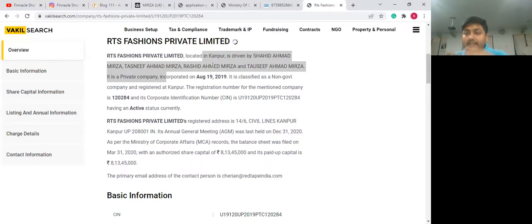But now we have thoroughly established that there's no other director and these directors are driving that business. Moreover, they seem to be indirectly holding Mirza UK through an Indian private company called RTS Fashions Private Limited. So indirectly, what the promoters of Mirza International are doing is they have another company which owns Mirza UK Limited, which is buying shoes from their other entity, which is partially owned by the public because it's a listed company, and selling them out there.